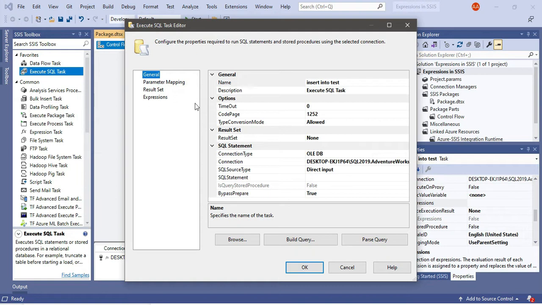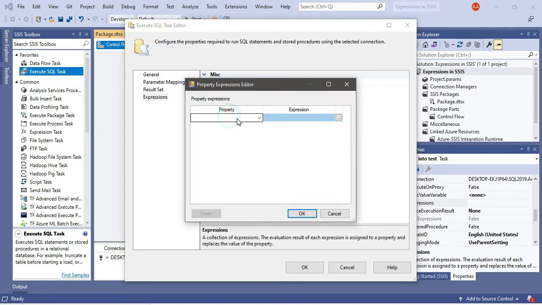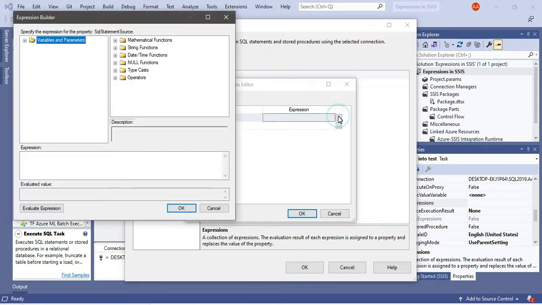If you open this Execute SQL Task, you can see that there is an Expressions tab here. In the Expressions tab, if you click on these three dots, there are some properties. There is a property called SQLStatementSource, and in it you can write your SQL query. If you click here, you need to put a double quote,